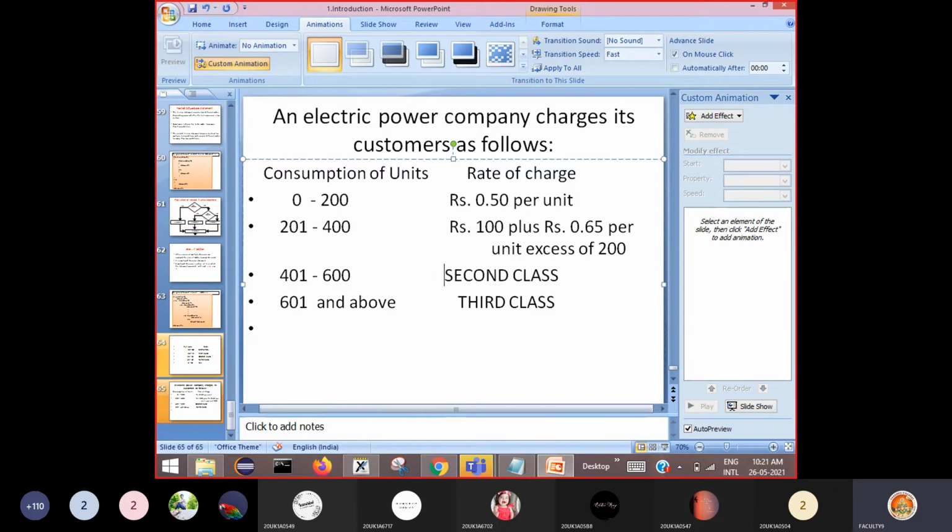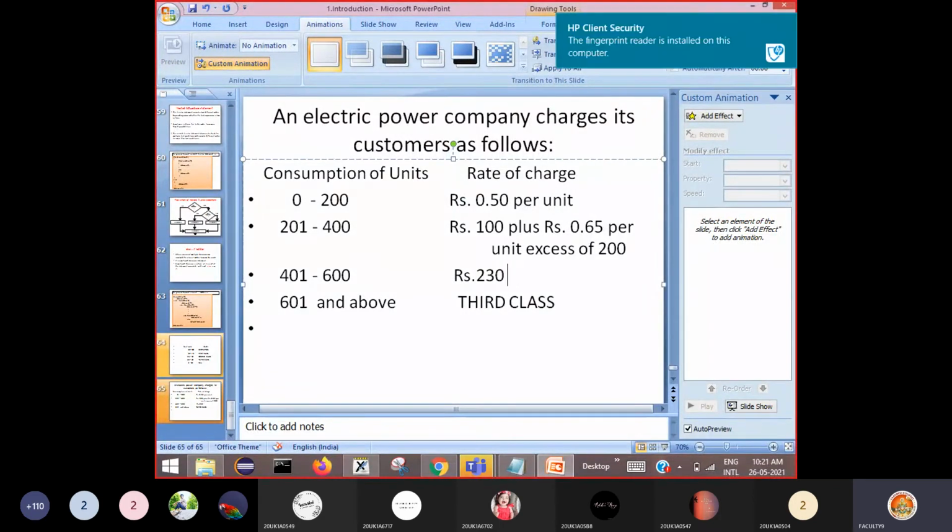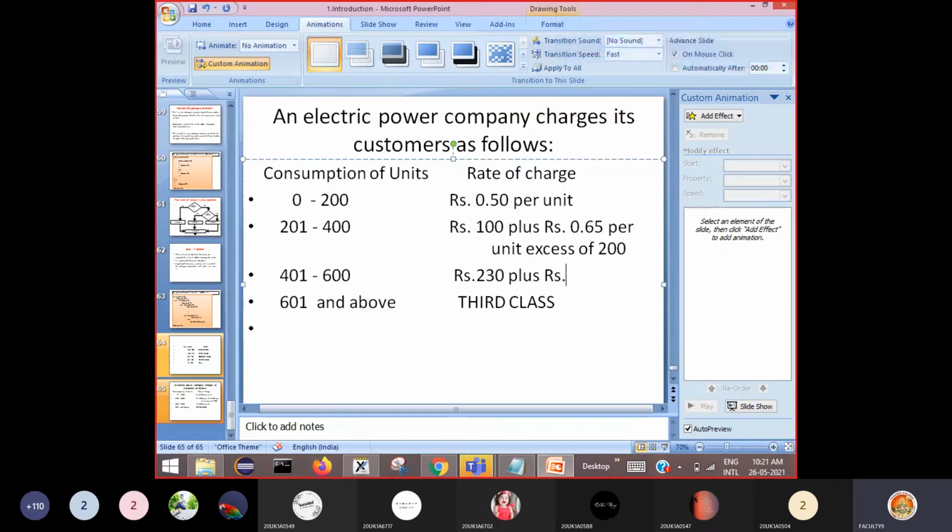Similarly, if the number of units consumed is between 401 to 600, this is rupees 230 plus rupees 0.80, that means 80 paisa per unit, in excess of 400.